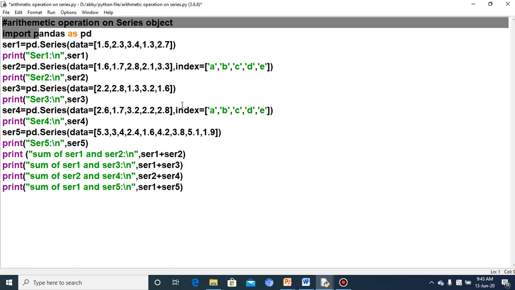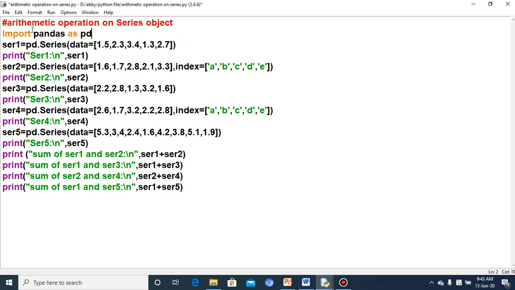Here also I have taken the same data and same indexes. Clear? So first you need to import, then series 1 is created with the data 1.5, 2.3, 3.4, 1.3, 2.7. The data is float values. That means when you take the output for series 1, it will return the dtype as float64. Clear? Not int64.